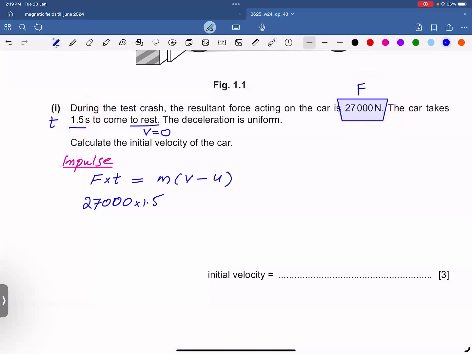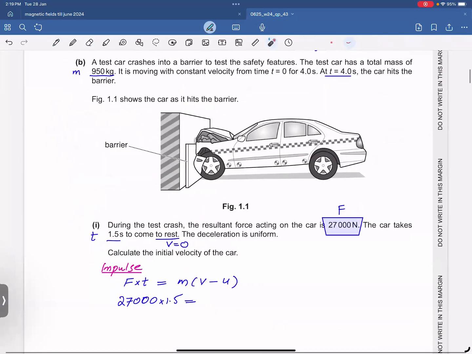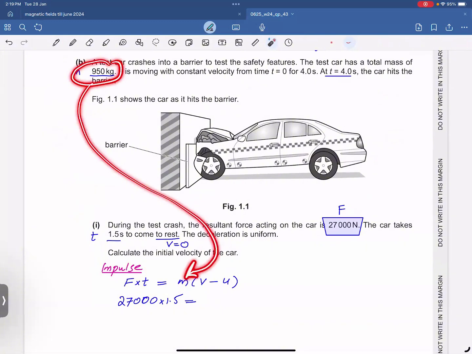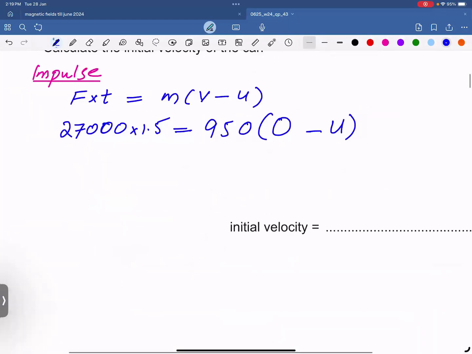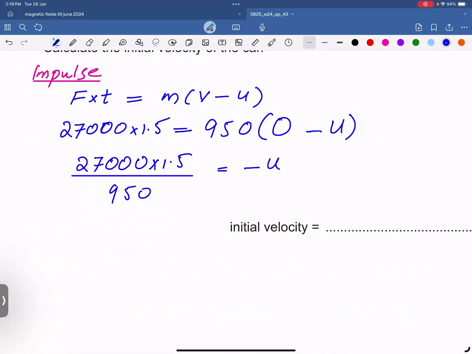You substitute the values. Mass they gave you on the top of the question, which is 950. You substitute mass here, 950. Final velocity is 0. Initial was unknown. You can rearrange and solve this equation. So 27,000 times 1.5 over 950 is negative u. So u is going to be, if you rearrange and calculate,